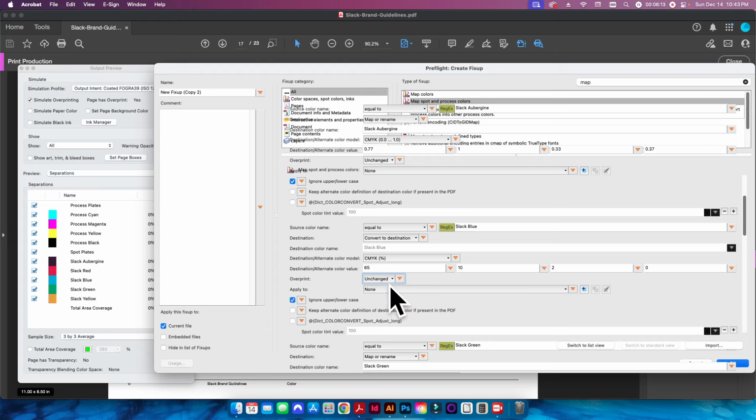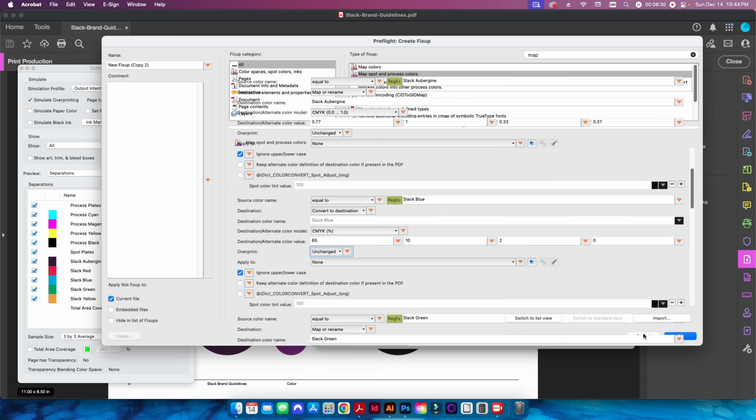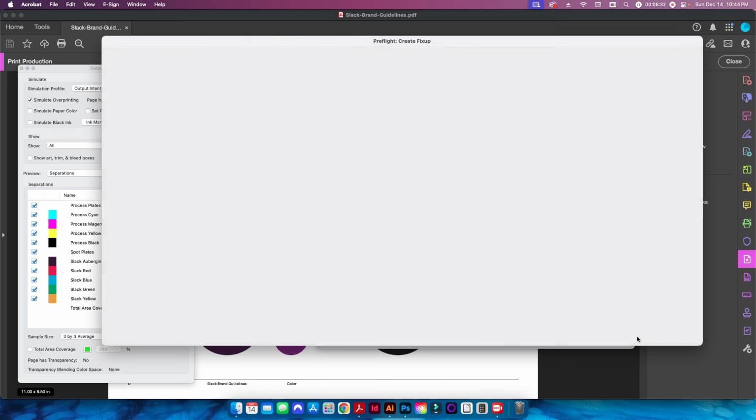Now, the rest of this information here, you don't even need to bother to change it. I just leave everything basically as the default. So overprint unchanged, we're going to apply to none. These values here, the first option is checked, the other two are not, so we're just going to leave that as is. So I already did this, so I'll just go down here and go to cancel, and I'll open